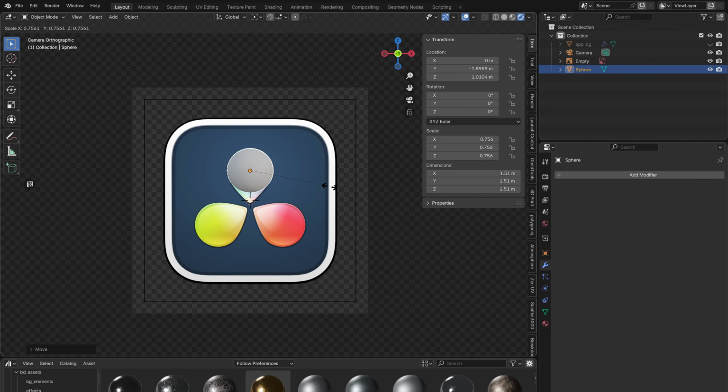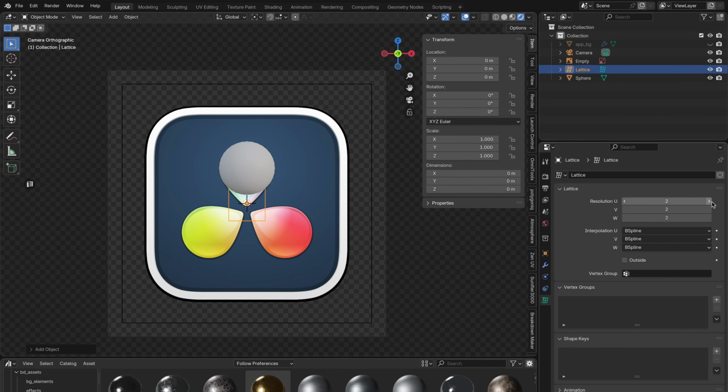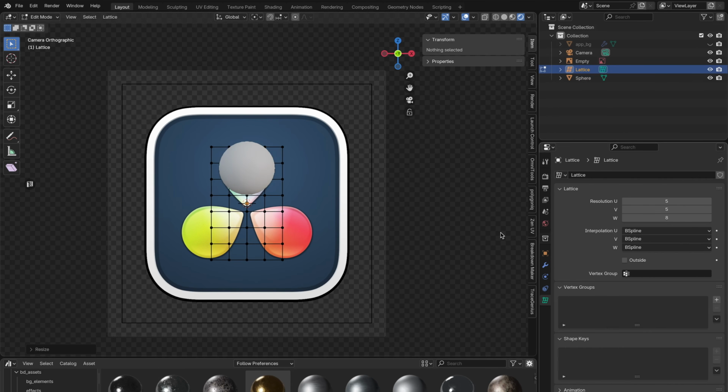I mostly have used Resolve in the past for color correction, so I immediately associate it with color grading and everything color related. And I wanted to create an effect that was like droplets of colored ink moving back and forth through each other. To do that, I tried a few different things, but ultimately I landed on moving a sphere through a lattice. And the cool thing about lattices are you can parent an object to them and then use them to